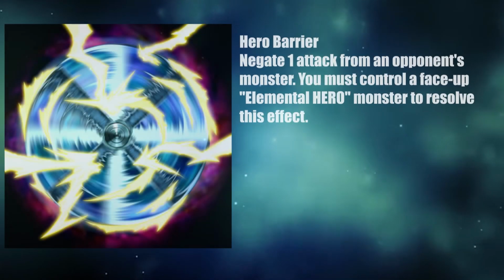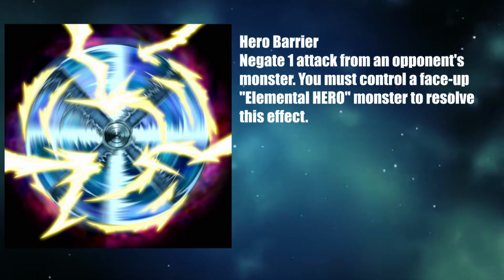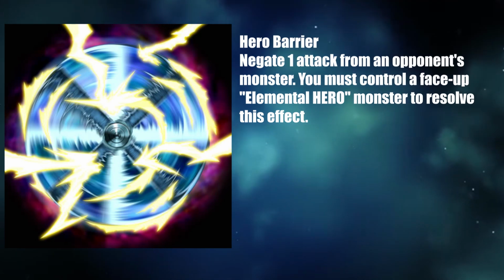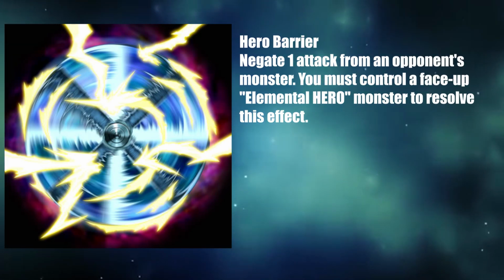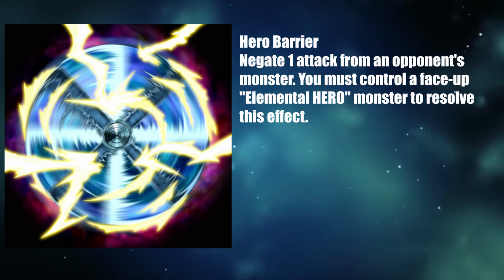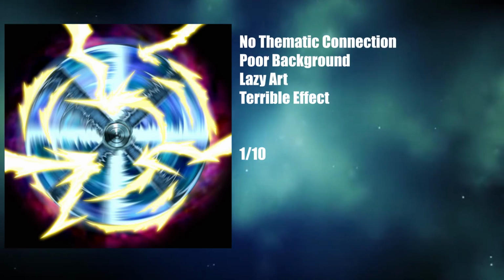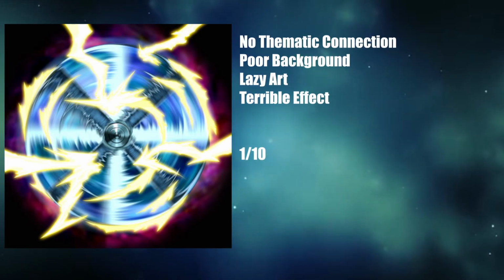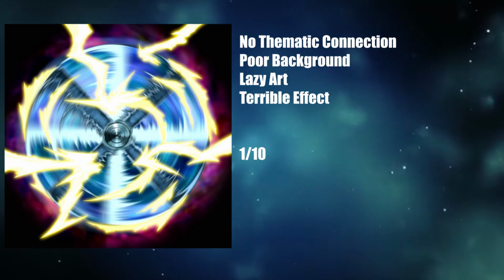Their next trap is also pretty disappointing. It's Hero Barrier. It's a weaker, archetypal version of Negate Attack. It also doesn't really have any connection to the hero theme in the art, merely just being this twirly, lightning-y vortex. The background is boring and black, and this card's just bad. This guy gets a 1 out of 10 as well. It has almost no relation to the archetype as a whole, and is just baffling in how lazy this art